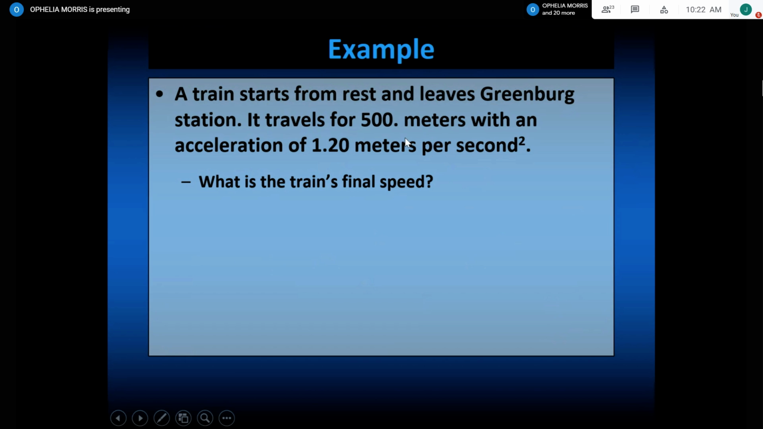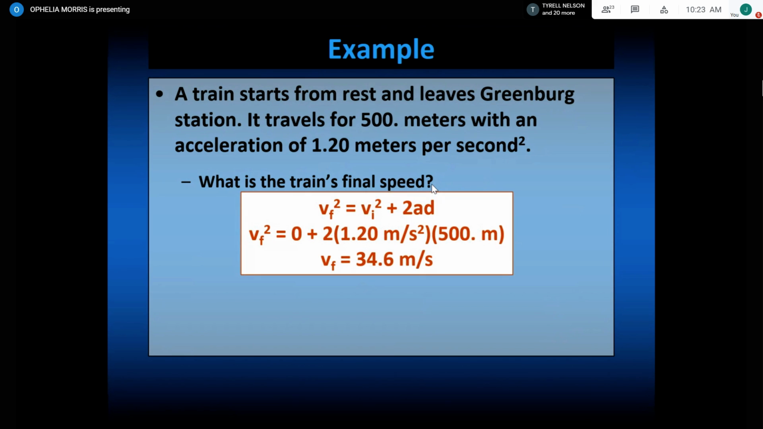Okay. So it says a train starts from rest and leaves the Greenberg station. It travels for 500 meters with an acceleration of 1.2 meters per second squared. What is the train's final speed? So what are my two givens? They gave me 500 meters and they gave me 1.2 meters per second squared. That's my acceleration. And they also gave me 500 meters, which is my distance. So they want me to find my